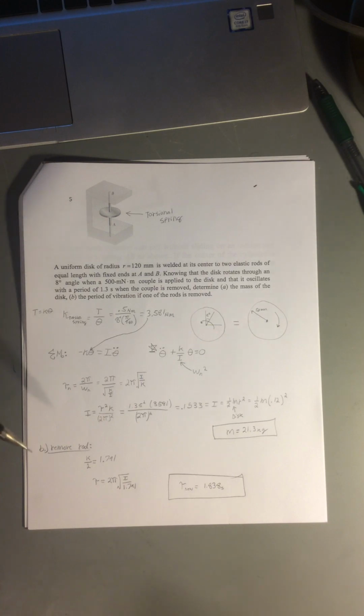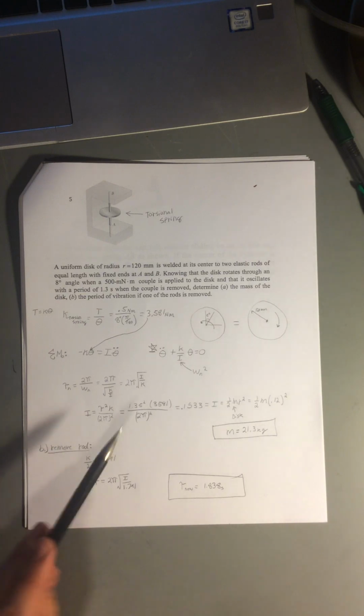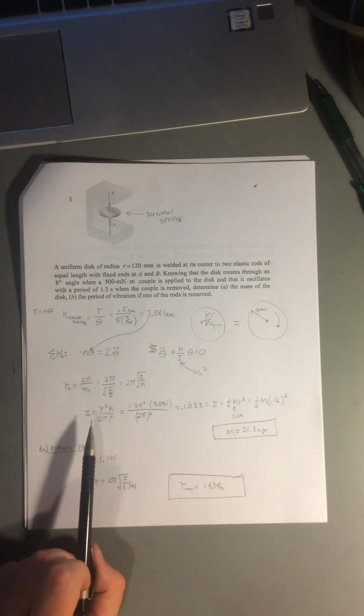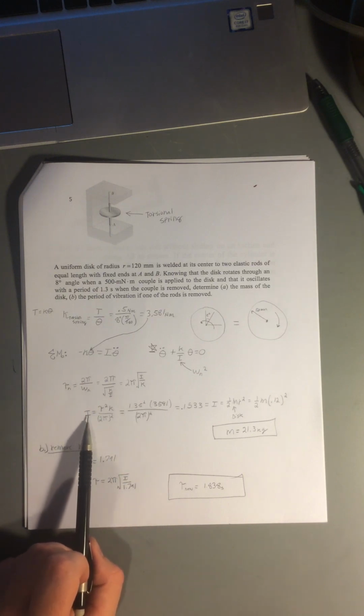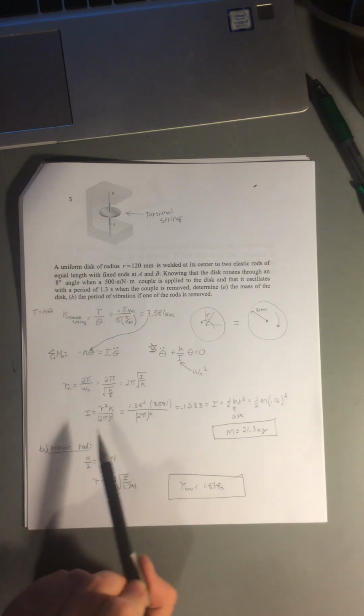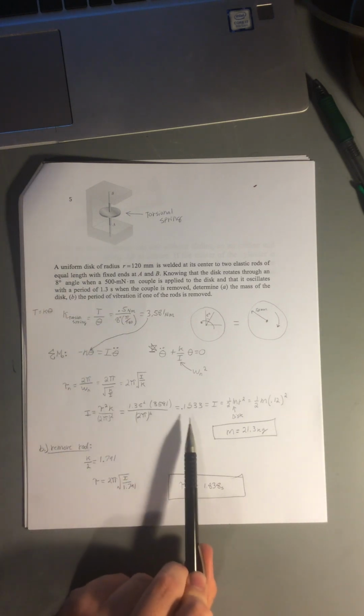If we can find out the inertia here, then we can set that equal to what we know the inertia is for a uniform disk, and then we can solve that for the mass in that term. That's what I've done here. We have the same equation here rearranged to solve for the inertia I, and then we were given the period. We solved for the K value up above, and so we can plug those in and find that our I value for this problem is